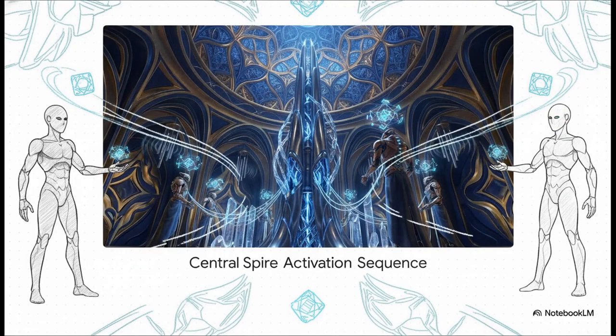Once Year 3 is complete, this central spire activation sequence will become the operational heart of Metatropolis. We'll be deploying advanced androids, entirely unaffected by minor dimensional drift, to continuously manage the stabilized dimensional core. The pristine, highly controlled environment you're seeing is the direct result of all the meticulous planning, risk mitigation, and structural stabilization we've been discussing today.